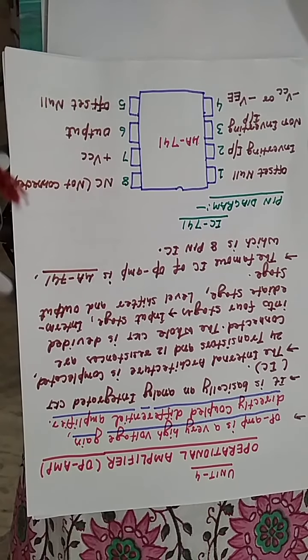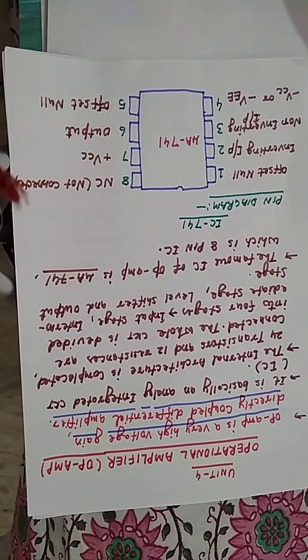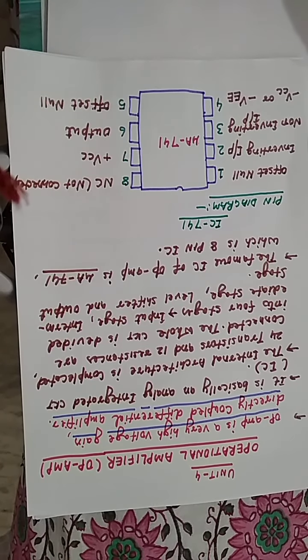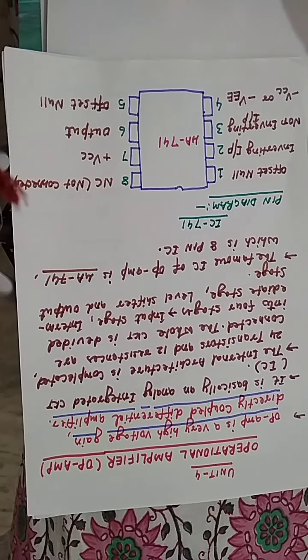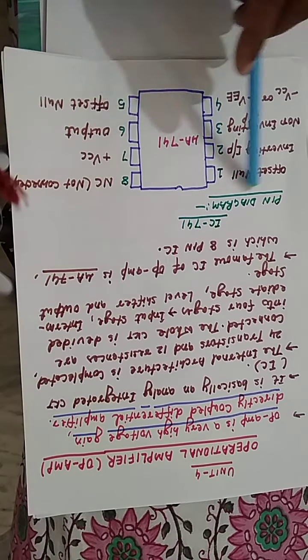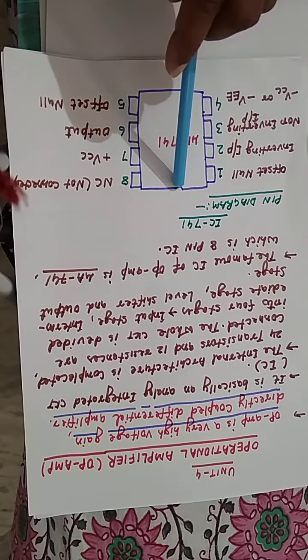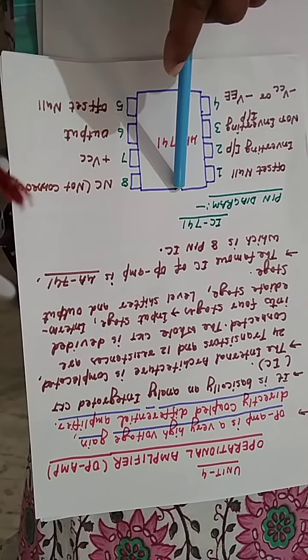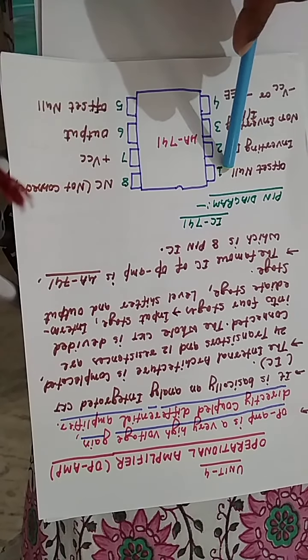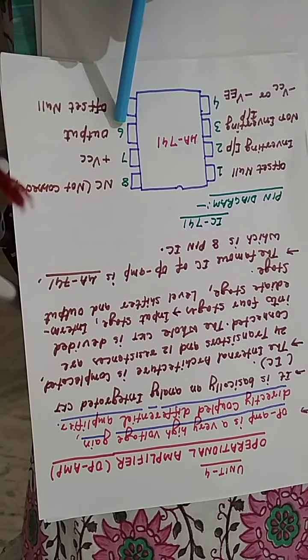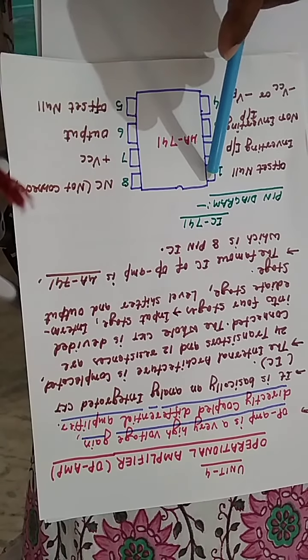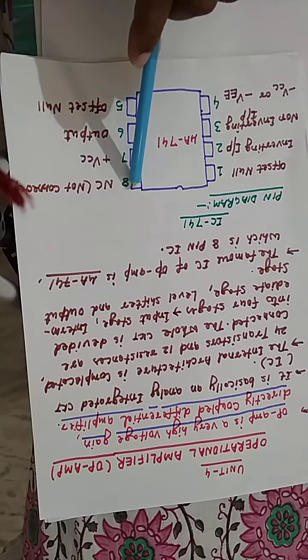Okay guys, the internal architecture of the circuit, as I discussed, is very complicated, but the manufacturer made it in terms of an 8-pin IC. The 741 IC has only 8 pins, and this is the pin configuration. This is an IC and this is a notch. The notch is at the top, then start counting like this: 1, 2, 3, 4, 5, 6, 7, 8, like the U letter of the English alphabet.